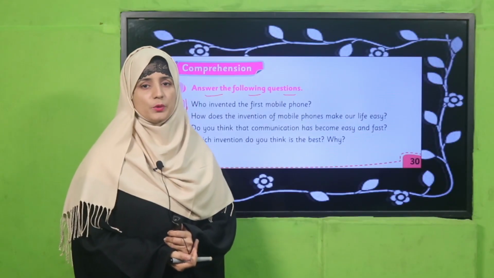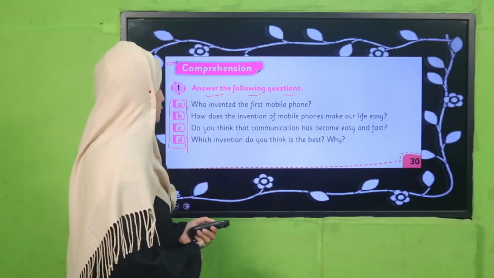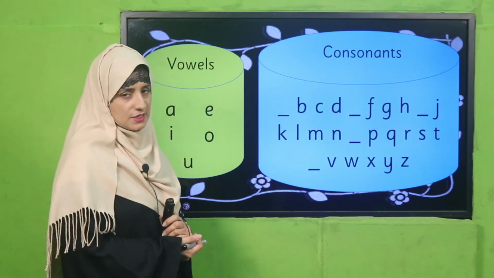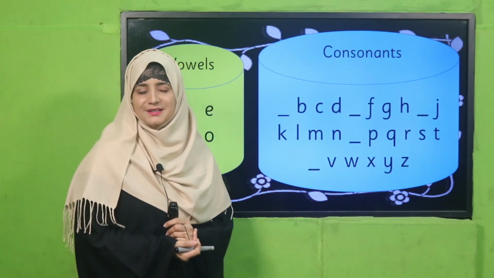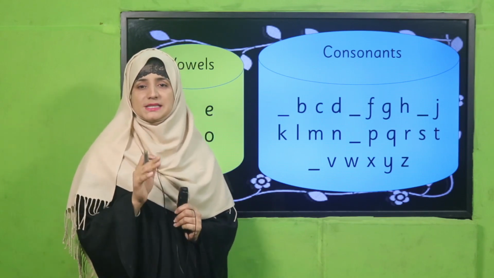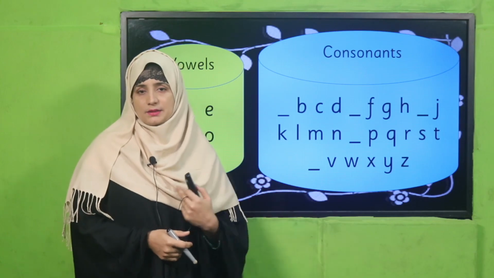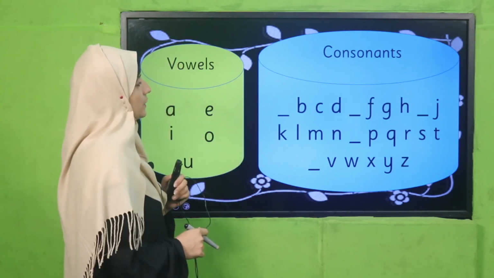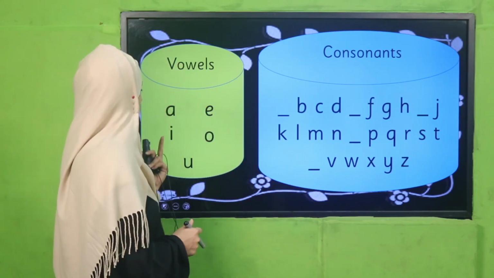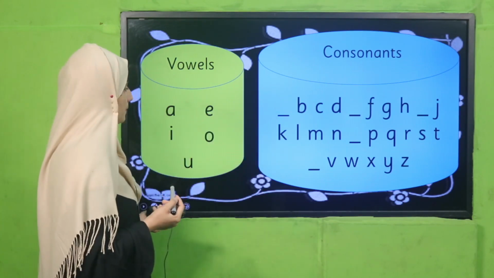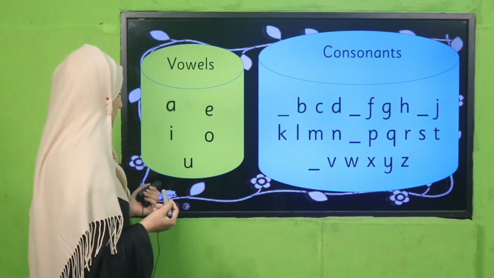So welcome back. I hope you have done it. Good job, my dear students. Here, see there, my dear students. As we know, there are 26 English alphabets, A to Z. Let's see how we can tell what are consonants and what are vowels. These all are called vowels. See there. Yes. A,